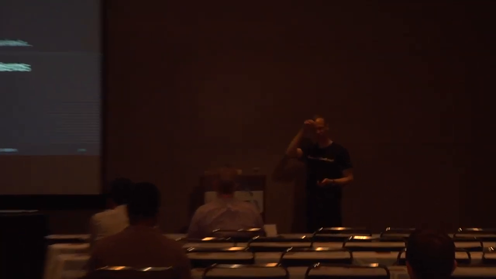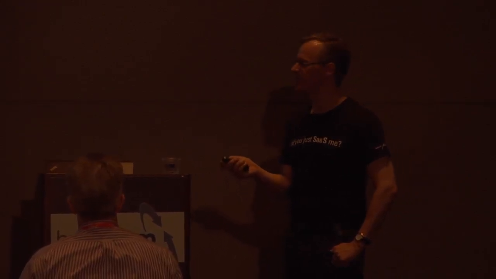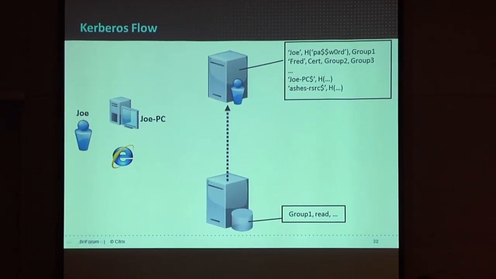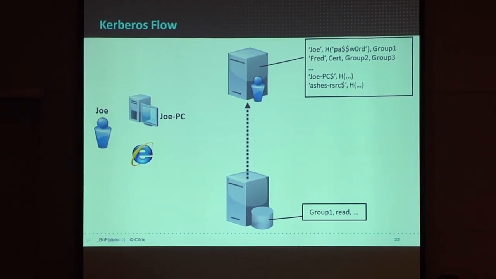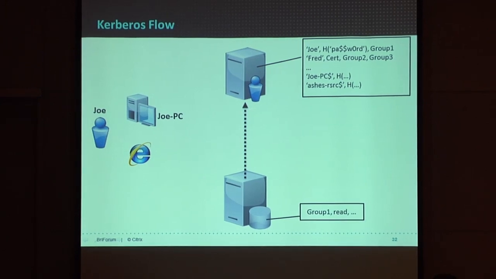Now, before I start talking about Windows applications and federation and how you can bring them in, it's actually useful to spend a bit of time talking about Kerberos, which is the Microsoft model. Particularly, looking at it in the way I've just looked at these previous ones, because actually Kerberos is surprisingly similar to that. So you're probably familiar with the model of Kerberos. The identity provider is the domain controller, and it's got the user accounts in it. It's also got information for the servers you might log into, whether it's the PC or a service you're going to call. And the password is known in both places.